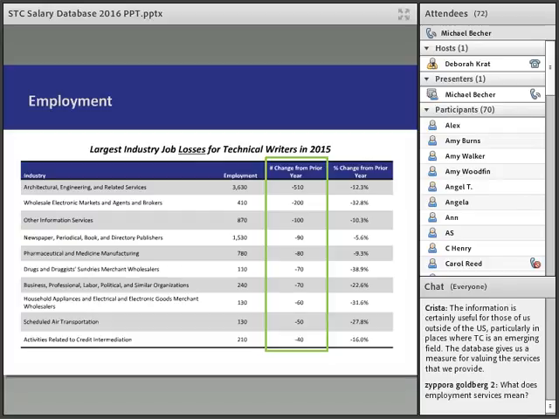Obviously, if you want to work in a specific industry, you should do what you love, but it should kind of send a red flag. Make sure you evaluate that a little bit more, that's the industry you want to go into if you're seeing double-digit drop-offs from one year to the next.